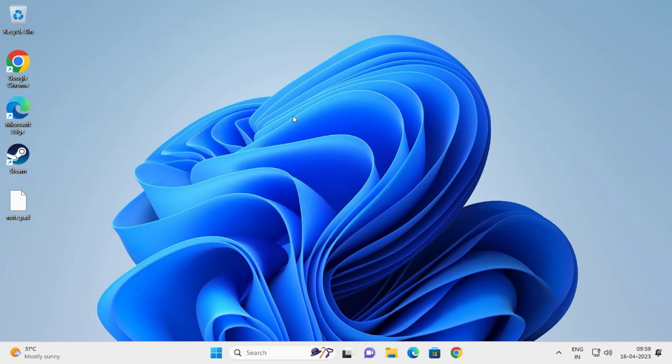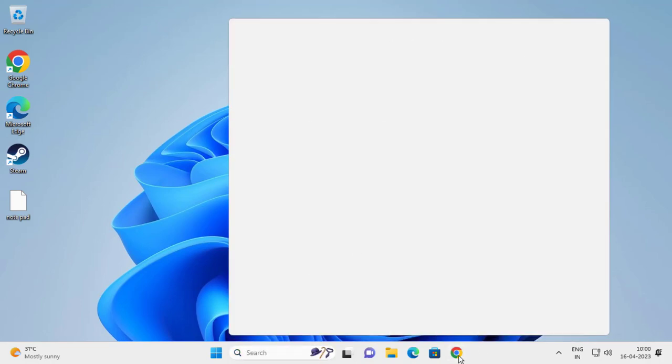First thing I recommend is to try restarting your computer. Sometimes simply restarting can fix the issue, guys. Go and restart your PC. After restarting, if you still have a problem, go to the search menu